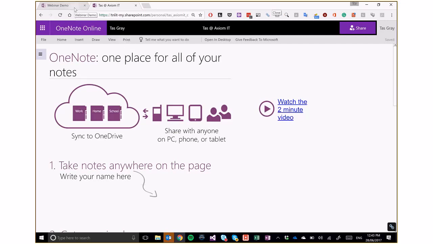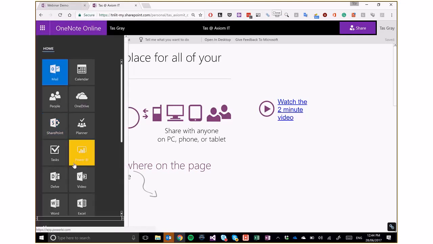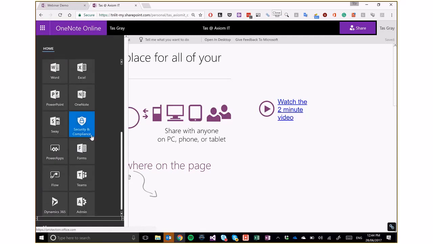Now what you can do if you want to have multiple notebooks, which I think you'll find over time you will want to start to build out your notebook collection, you can actually add new ones, and typically where you would put that is in OneDrive. So if we go to OneDrive,